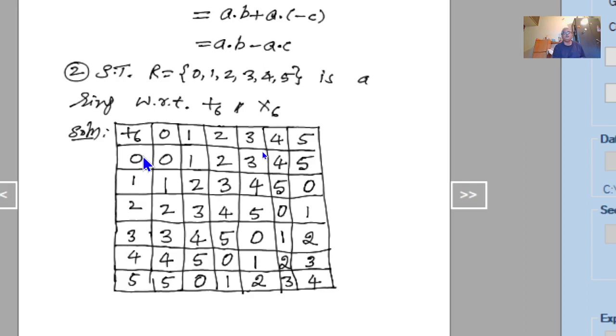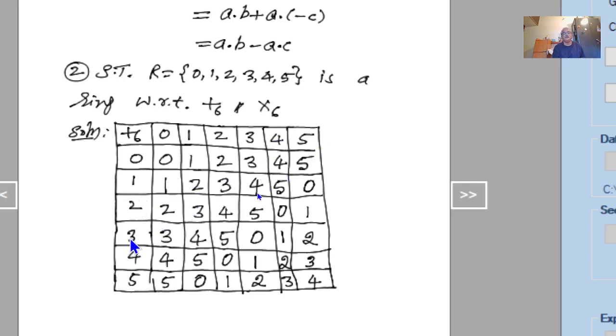And next for the inverse with respect to addition, to find the inverse of 1, the inverse of 0 is 0 itself. So for the inverse of 1, go in this row till we get the identity. So the identity is here. I am getting this identity if I take the operation 1 with 5, which means the inverse of 1 is 5. Similarly, to find the inverse of 2, go in this row till we get the identity. Identity 0 is here. And above this element in the header row we have 4. So we are getting 0 if we take the operation 2 with 4. So the inverse of 2 is 4.